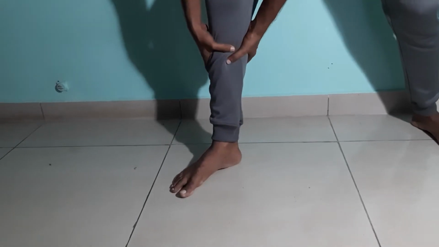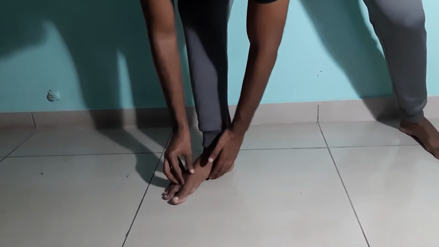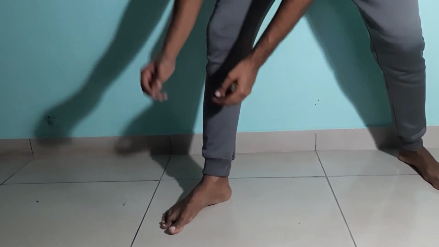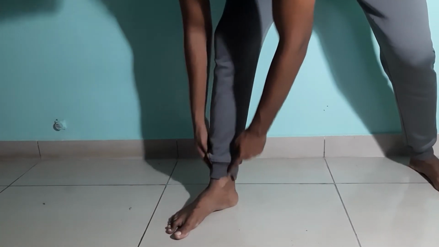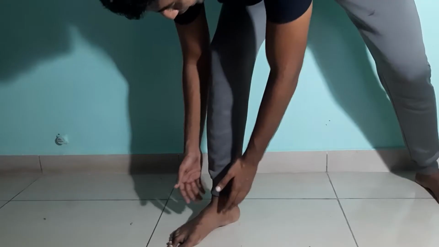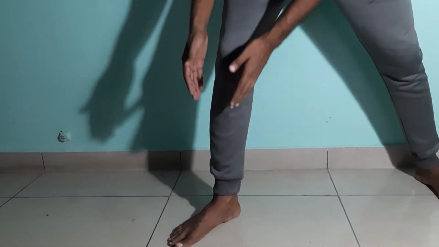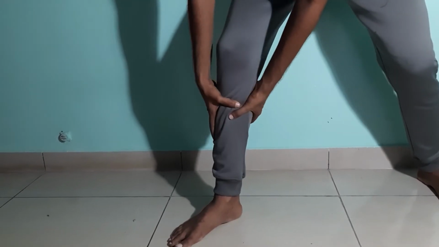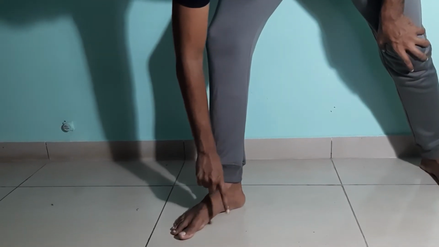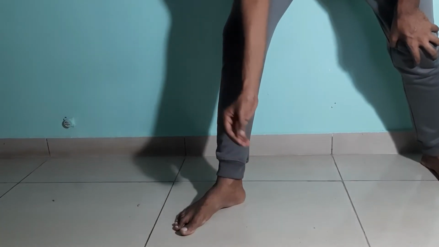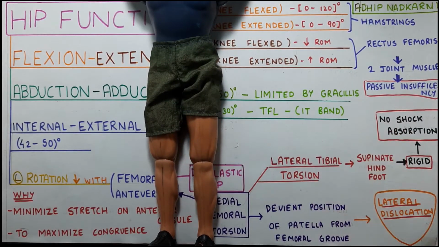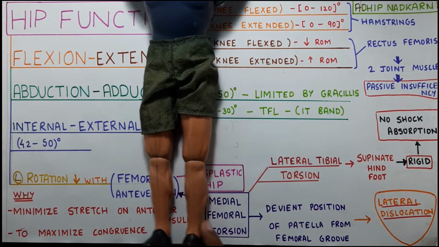So what does a supinated foot do? It is a rigid foot and there is no force absorption. That's the problem with your ankle. Hence all the forces will be transmitted upward and all this excess force is not good for your joints, right? So that is the problem. Your femur goes for medial torsion, your tibia goes for lateral to compensate, which causes a supinated foot which does not have force absorption. So this is one problem that will be seen, and another problem will be the medial